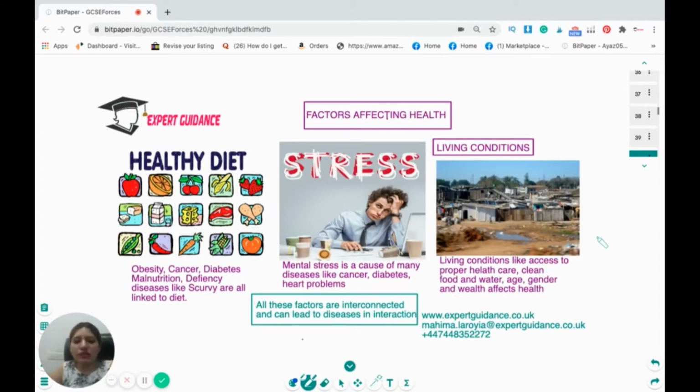Now, this is a very general concept: what are the factors affecting health? The first is the diet. If a person is not taking a proper diet, he's prone to obesity, cancer, diabetes, malnutrition, and deficiency diseases like scurvy and night blindness. They are linked to diet. Mental stress can cause diseases like cancer, diabetes, and heart problems. Living conditions, like if there's no access to proper health care, clean food and water, age, gender, all these affect health. Now, all these factors are interconnected, and a disease can be due to an interaction of these factors. So maybe due to work stress, a person is not taking a healthy diet,